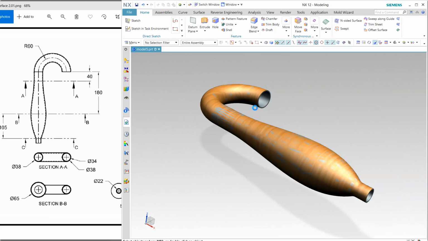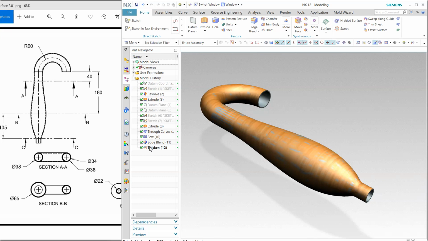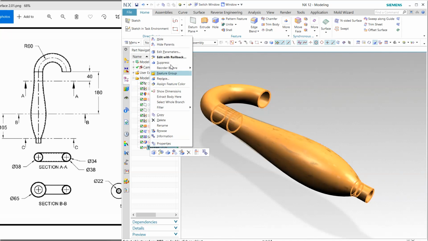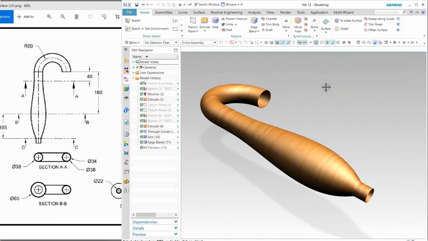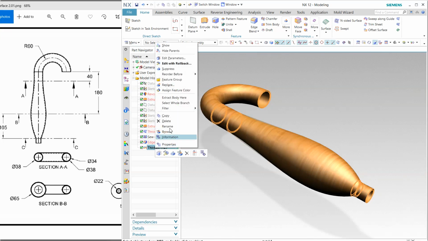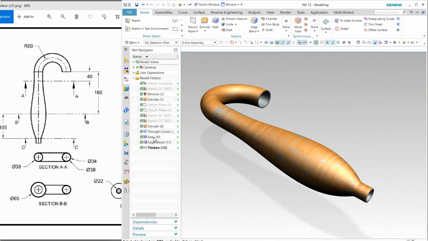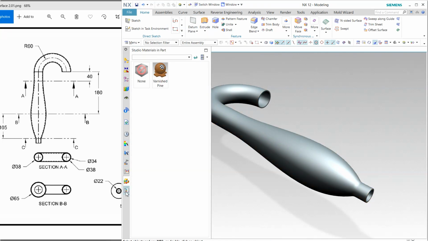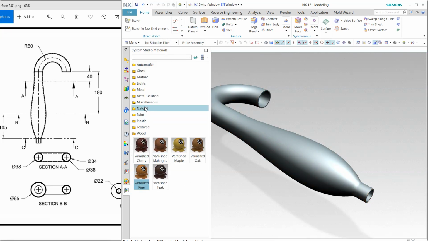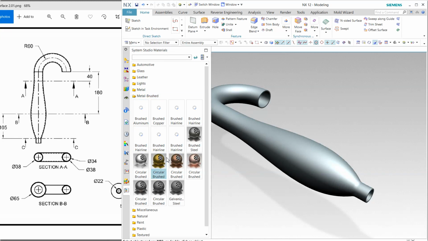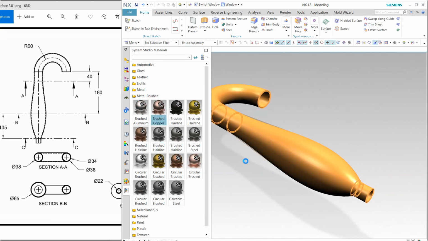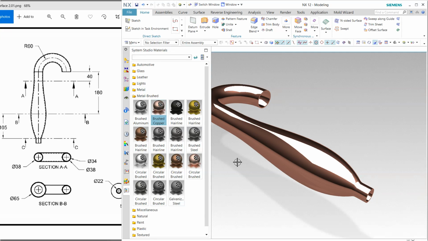Okay, both surface and solid are visible. That's why it is. If you hide this, see, this is surface, and I want this material over the solid, so I'm going to hide this surface and apply any paint, metal, material, whatever you want. Just drag and drop, it will give you the effect.